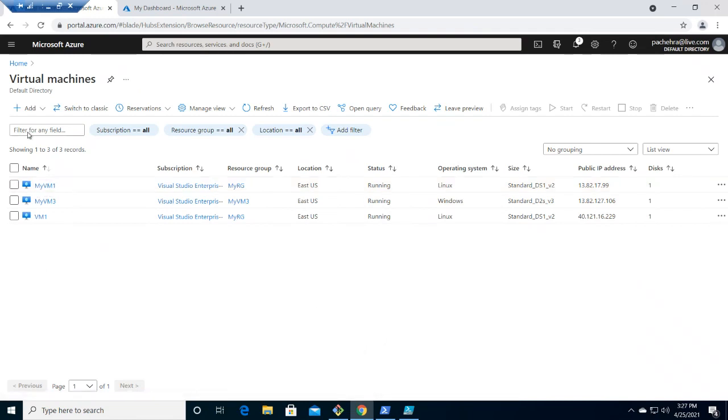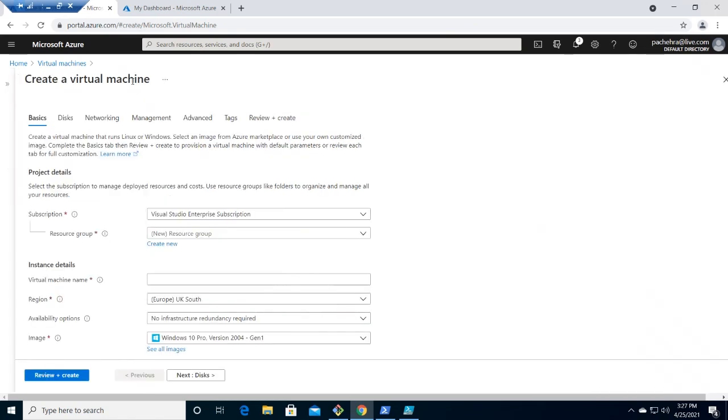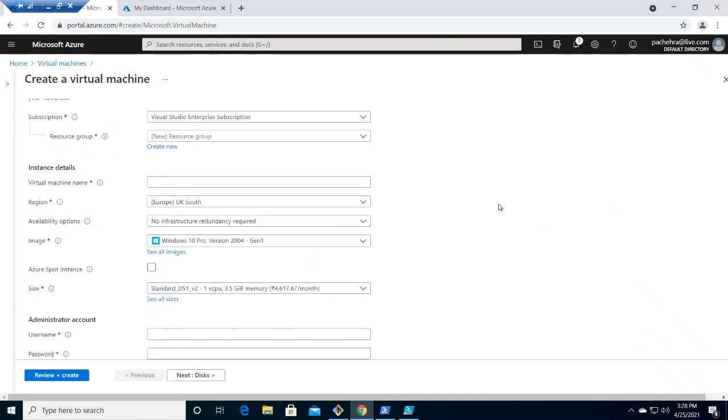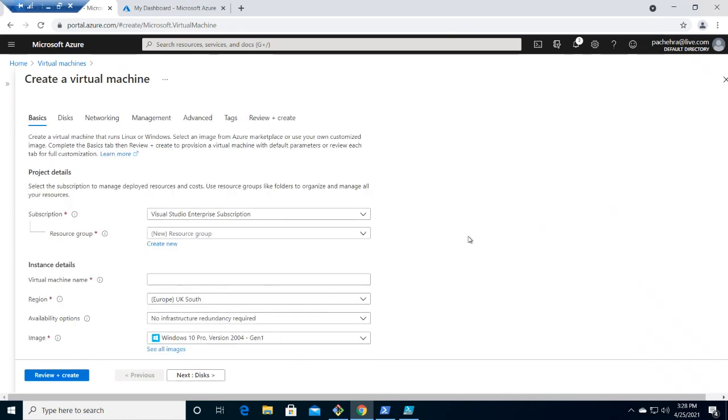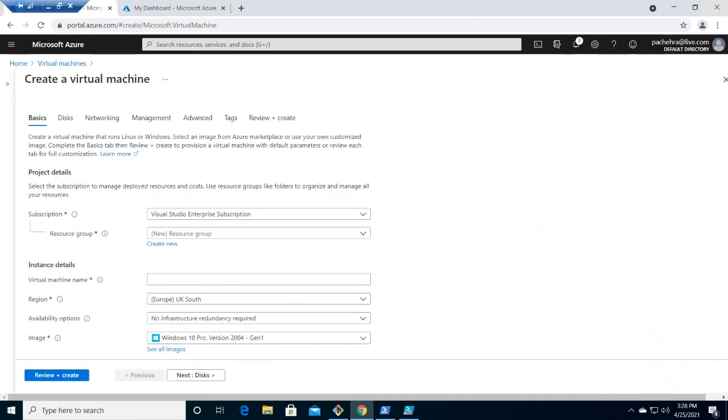Now let's quickly try to do this with the help of the Azure portal. I hit virtual machine. I'm adding the virtual machine, and if you were alert and aware when Ashish was showing you the slide, this is the portal slide that he showed you. So again, we are trying to create the virtual machine with the help of the Azure portal.